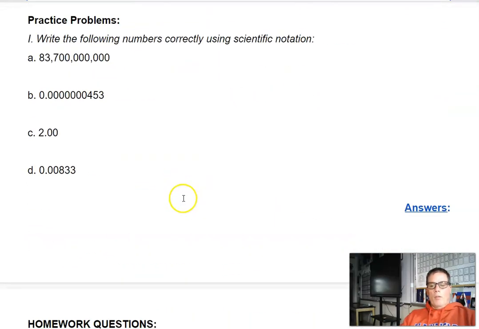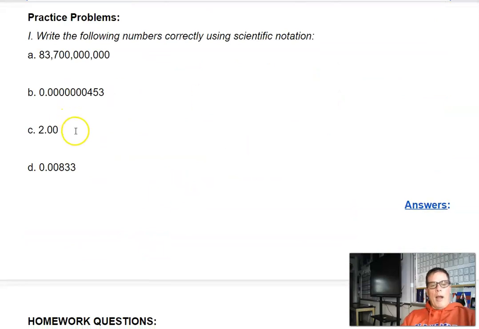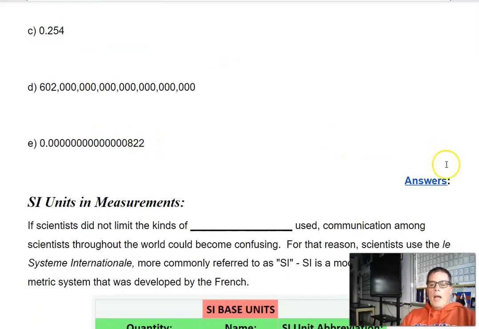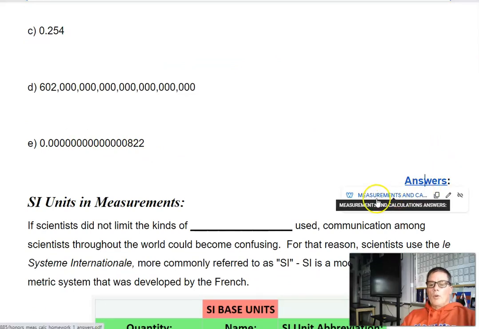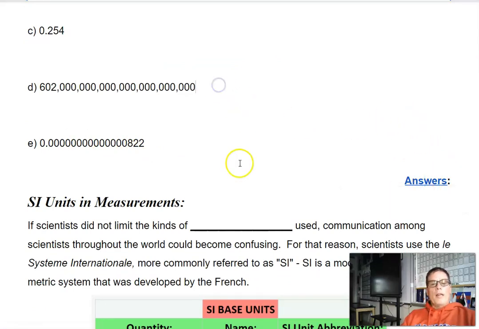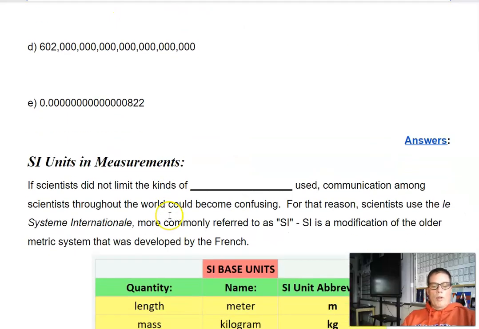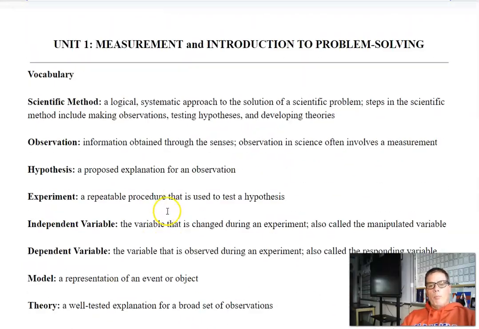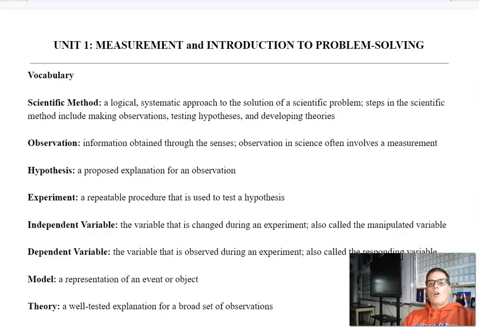And again, what I'll do is I'll give you some practice problems and then some homework questions. And again, these homework questions will be printed out for you, so you don't have to worry about printing those out. I do sometimes, not always, give answers to certain questions, so those are there if you need it. Again, it's not for you to click on and copy down. That doesn't help you. So again, I think that's pretty much everything that I want to talk about.